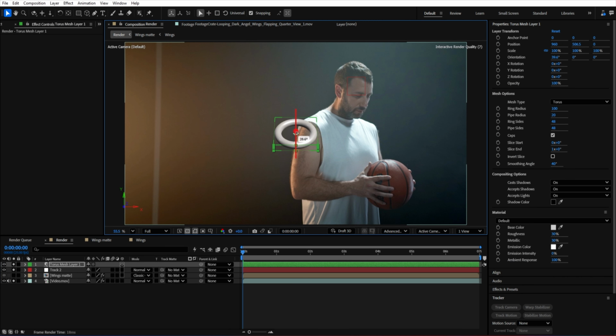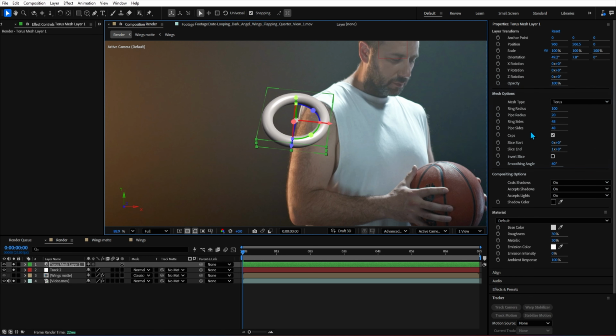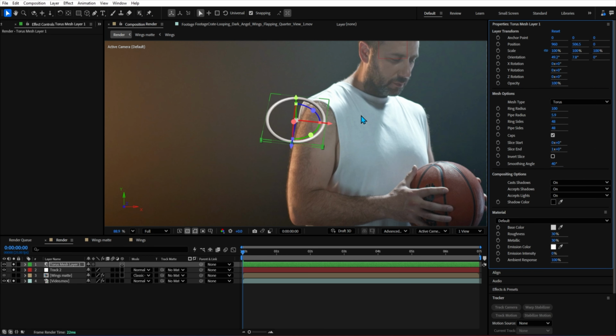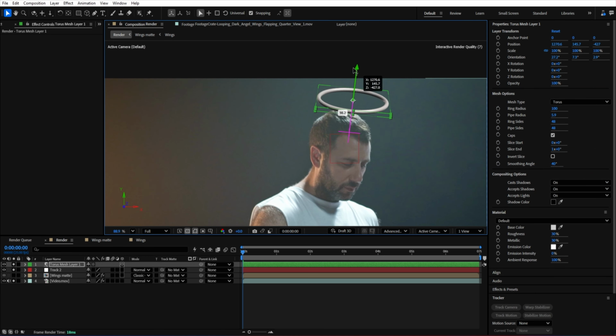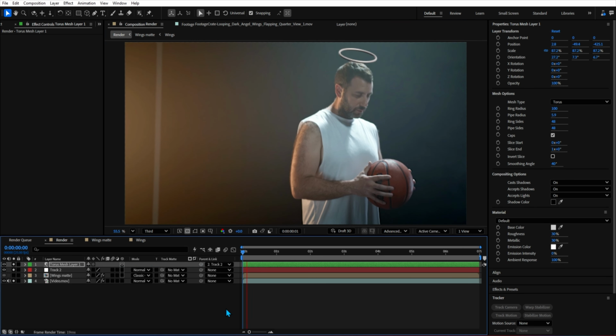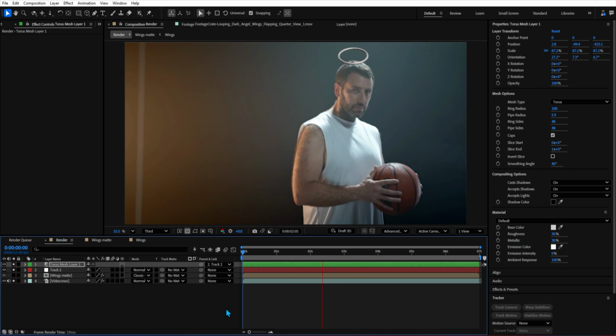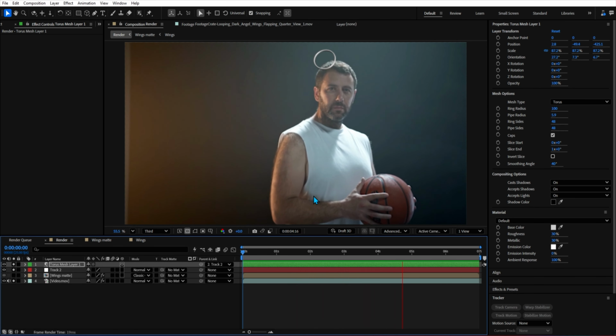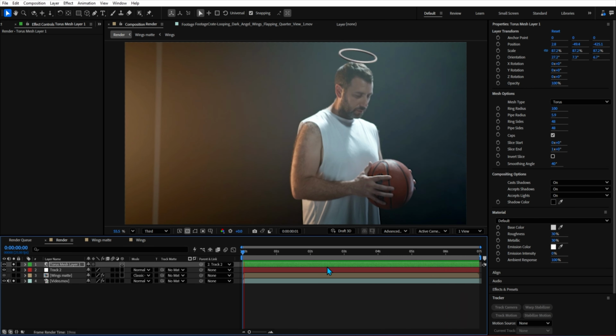This gives us a nice donut-shaped ring. You can adjust it on the side here. Bring down the pipe radius and place it above the character's head. Now, parent it to our null object. The issue here is that this is a 3D layer, but our tracking data is 2D, so we're going to